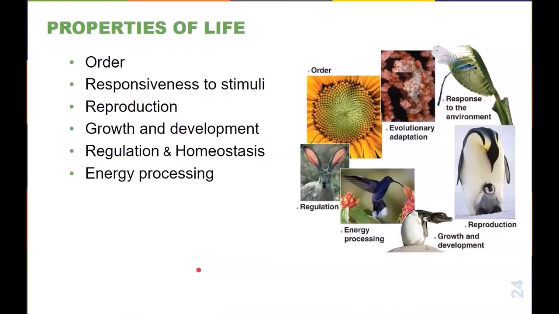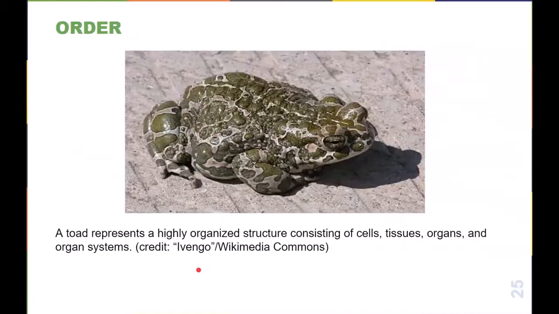Order, responsiveness, reproduction, growth and development, regulation and homeostasis, and energy processing. Okay, so order. Order is having an organized structure. So cells are organized into tissues, tissues are organized into organs, organs are organized into organ systems, and then organ